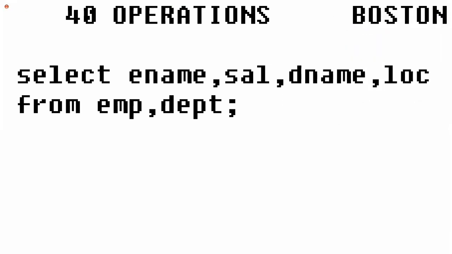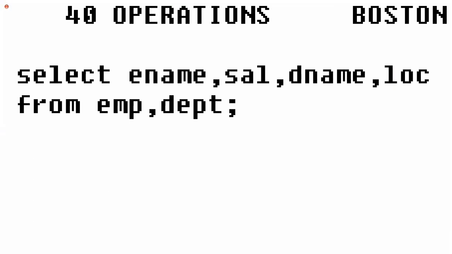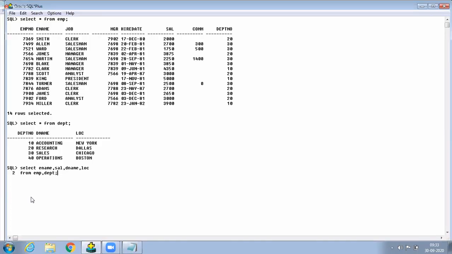Possible or not possible? So many students are thinking, if we can retrieve data from these two tables without joins, then what is the use of the where join condition? They have a doubt, and that's why they are saying it won't work, that a join condition is compulsory. But unfortunately, this query is working.